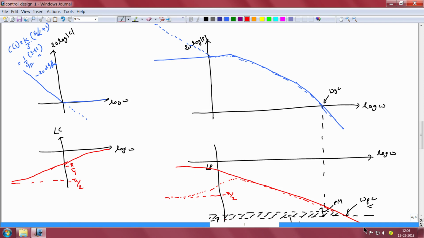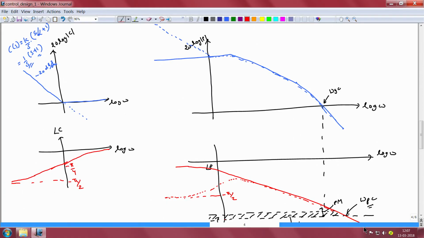Now, what is the advantage of this controller? When you look at the integral controller and compare what we have accomplished, we see that we have managed to retain the advantages of the integral controller, because this controller also ensures that the gain in the low frequency range is quite high, and just like an integrator, it has infinite gain at omega equal to 0, and therefore enables you to track DC references and reject DC disturbances perfectly.